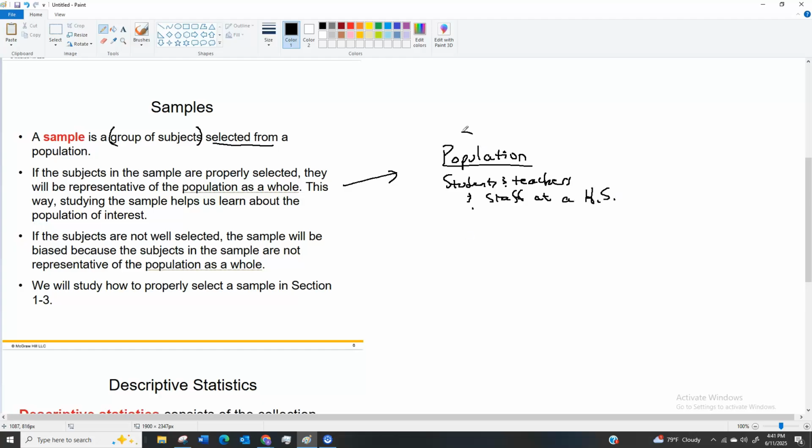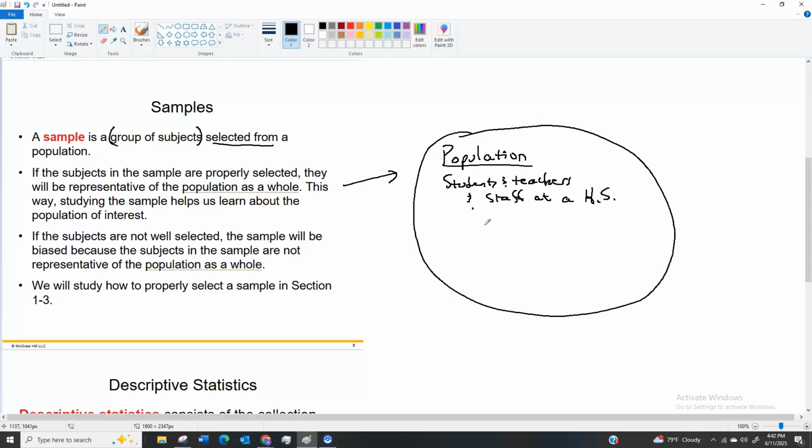That's your population, and you want to know what their hair color is. Instead of asking every single student, teacher, and staff member at the high school, which, if it's a large high school, some of the high schools in this area have 4,000 or more students,